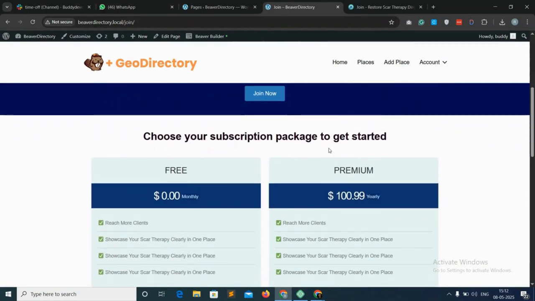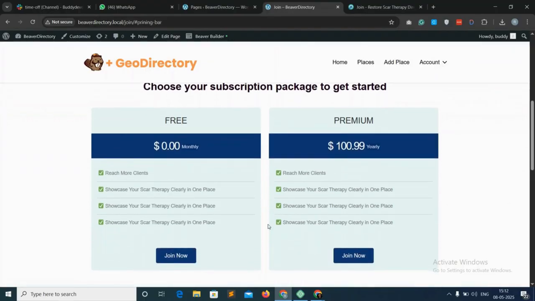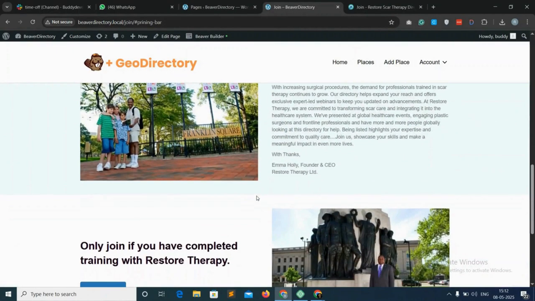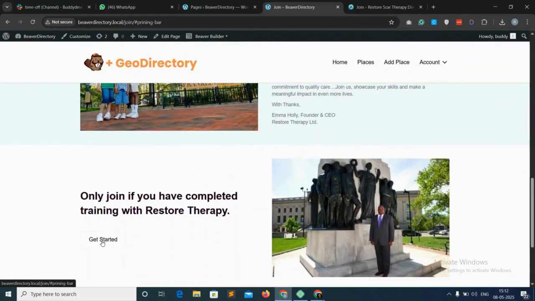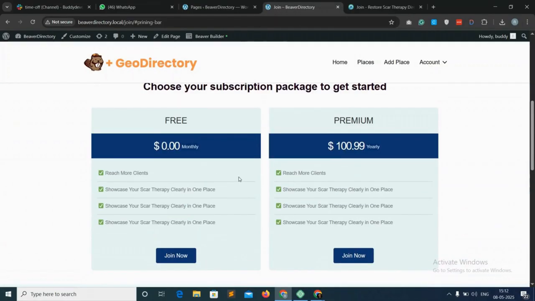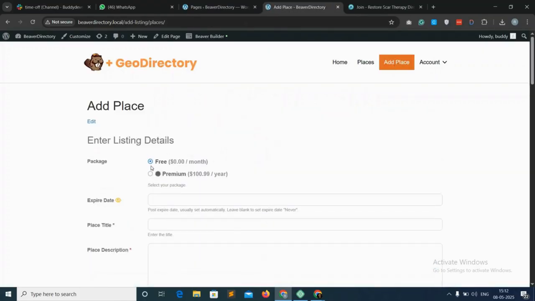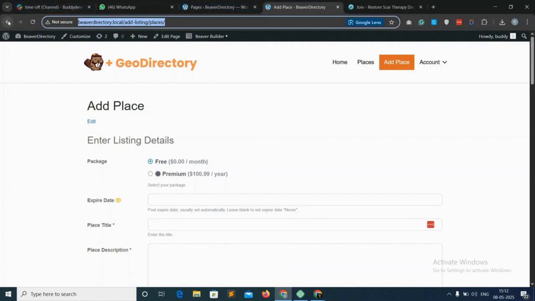On clicking the join, it is coming on to here, and then here also get started. So on clicking, it is coming on to the pricing packages. Now we will be adding separate form listings for separate packages. So now for this, clicking on add place. So now we will copy from here the free ad listing, and then going on to the join page, and